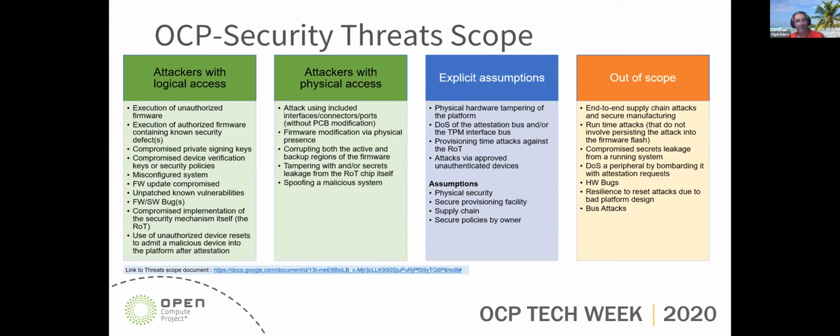And you can find things like the risk of execution of unauthorized firmware, or execution of authorized firmware but with defects, through, for example, rollback attacks, compromising the keys for the firmware, or having firmware that is unpatched and has known vulnerabilities, and how do we deal with it, etc. So I wouldn't go through the list, but the idea here is that there are threats that can compromise the firmware when an attacker only has logical access.